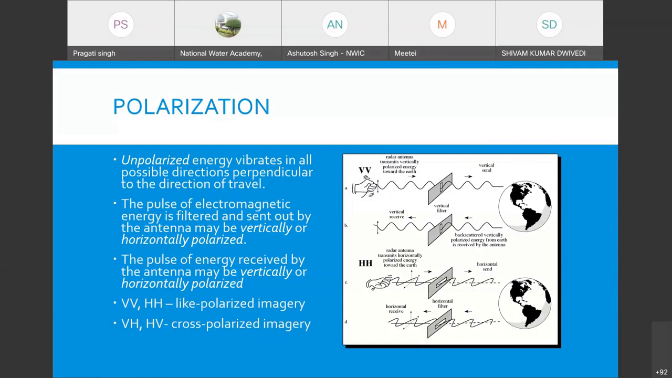So we have to send the energy in a polarized manner, either in vertical format or in horizontal format. The pulses of electromagnetic energy are filtered and sent out by the antenna, and may be vertically or horizontally polarized. The pulse of energy received by the antenna may be vertical or horizontal. So there are two types of energy that are sent by our sensor to the object, vertical or